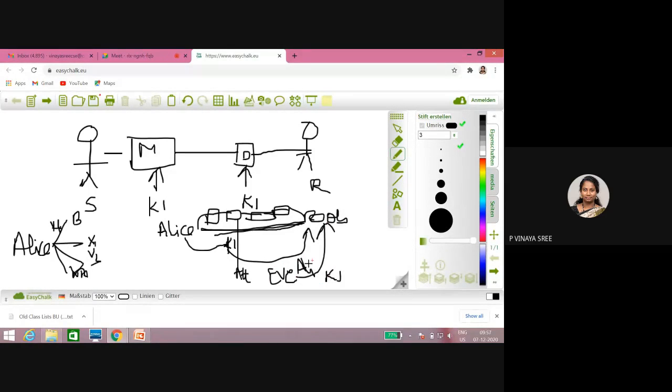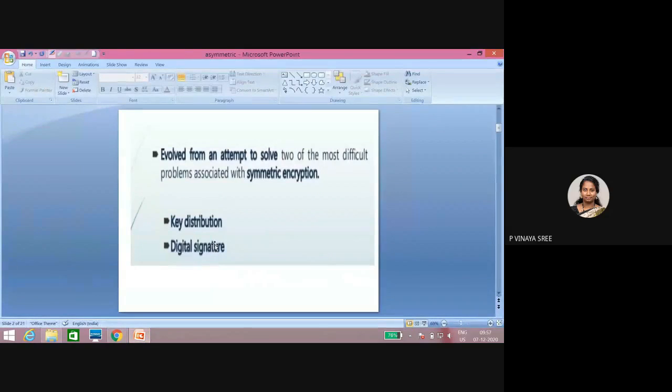It means it is giving information to Bob that I am Alice and this is a secret key that we need to communicate. While communicating, what will Bob consider? Bob will consider that yes, I got a message from Alice and will start communicating with each other, sharing sensitive data. Authentication is missing in symmetric encryption.